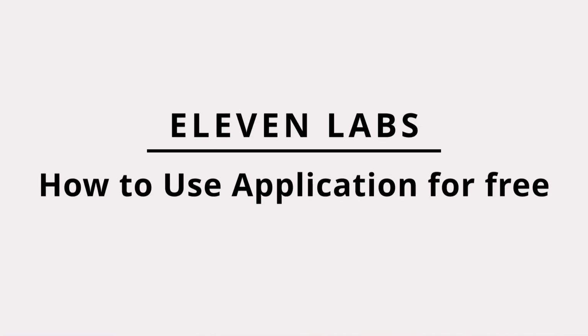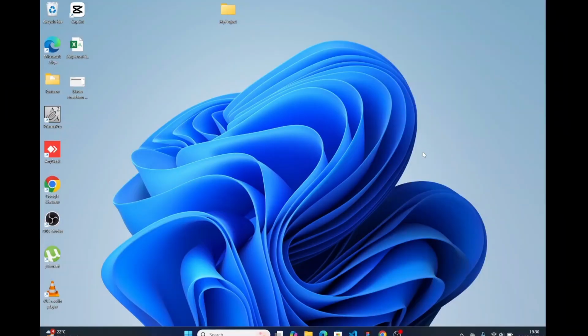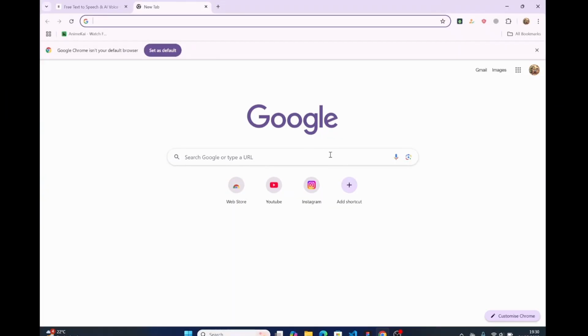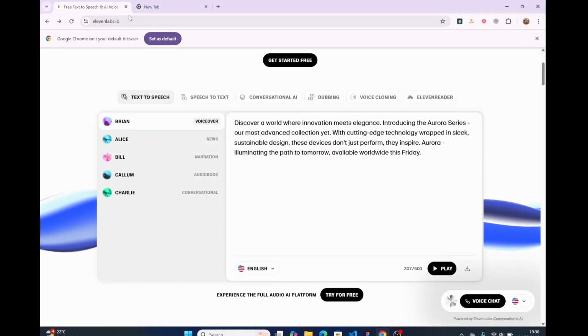How to use ElevenLabs for free. So let's get started. First thing, just head over to your favorite browser and simply search for ElevenLabs. Once you search for that, it is elevenlabs.io, you will be redirected to its official website, that is